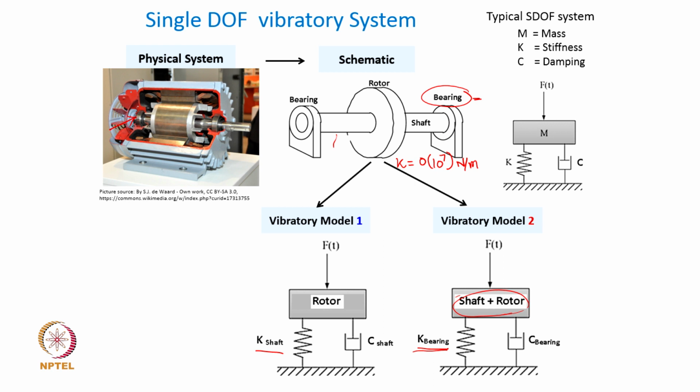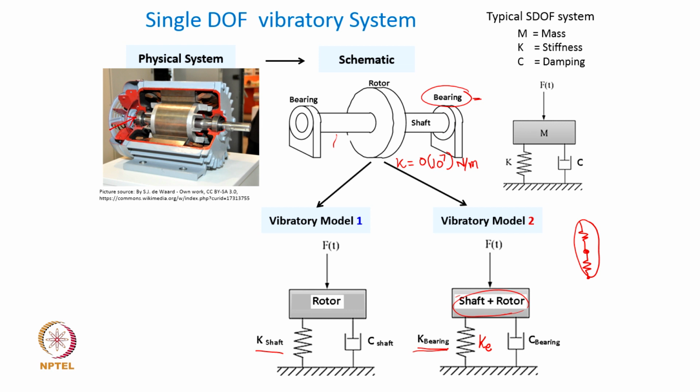Going one step further, the third model could be that I will treat the shaft stiffness as one spring and the bearing stiffness as the other, and then combine these two springs in an equivalent stiffness. Okay. And we know how to combine two springs in series and two springs in parallel, and that becomes a much simpler and more appropriate way if the shaft stiffness and bearing stiffness are not differing by an order of magnitude. Okay. So, typically it is said that if one stiffness is 10 times the other, it can be ignored,